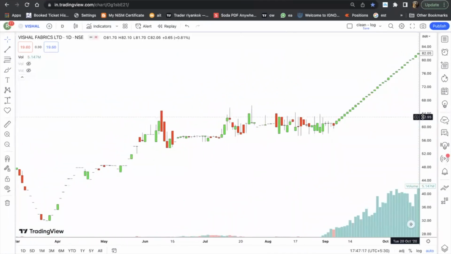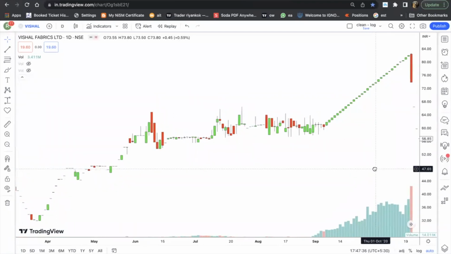I am very, very confident after this session, after seeing so many examples with me, that you will be able to identify this pattern visually. A staircase pattern is being formed every day. The stock is going up by 0.5 to 2.5%, and it looks like stairs being formed. And once the fall starts, it will be a fall with the help of an elevator.